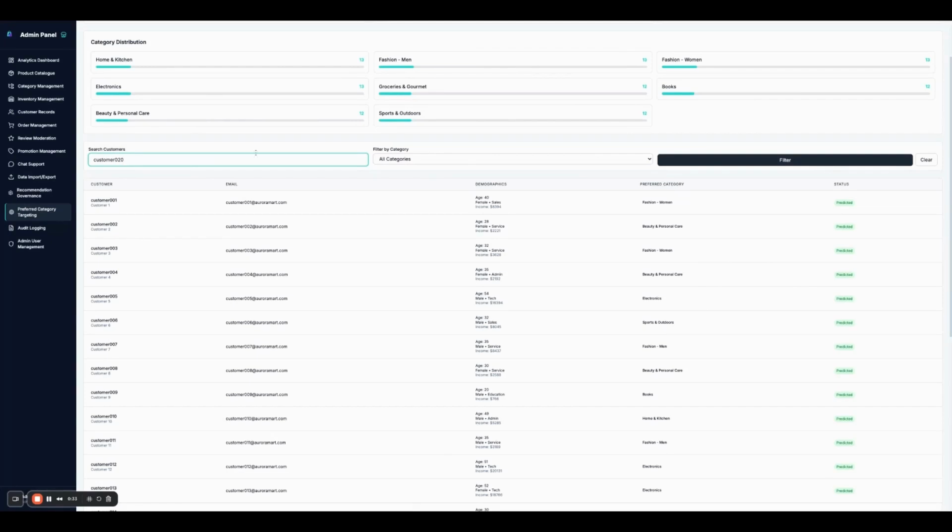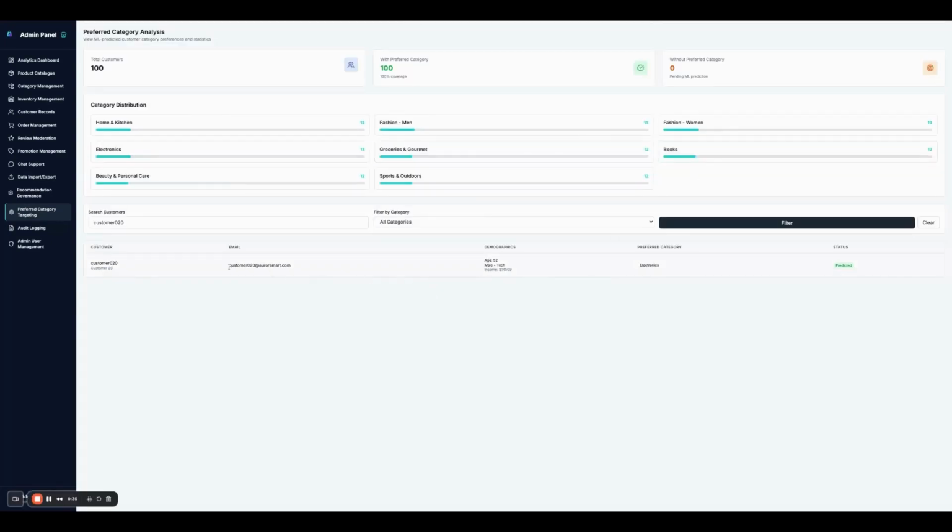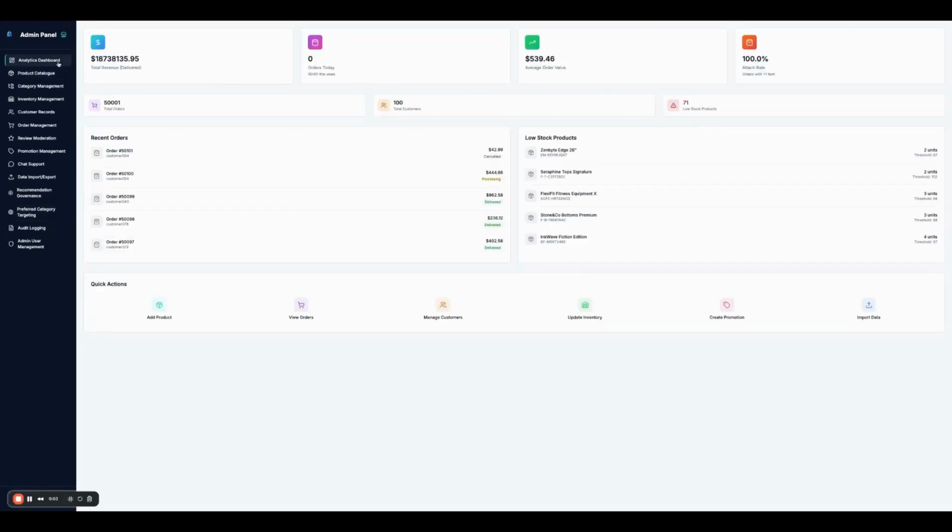And once he does this, the admin will be able to see, so for example, customer 020, and he'll be able to see what customer 020 likes and what's the status of his preferred category, whether it's predicted or whether it's yet to predict. And over here, since we've run the model, we can see that all customers here have an initial preferred category